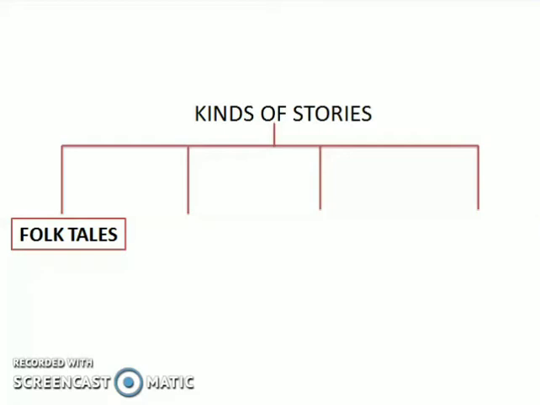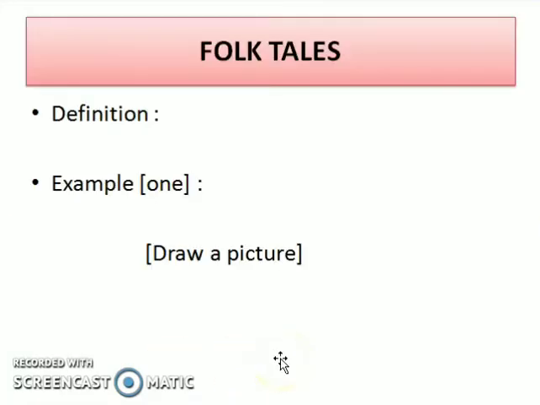Next, after finishing this page, when you finish writing the 4 types of stories, then on the second page at the top you will give the heading of one kind of story, suppose folk tales. Then what is a folk tale? That definition you have to write in 1 or 2 lines. For that also you can take the help of your book from the chapter The Blossom Tree, and one example of the folk tales, and of whatever example you write, you have to draw the picture.